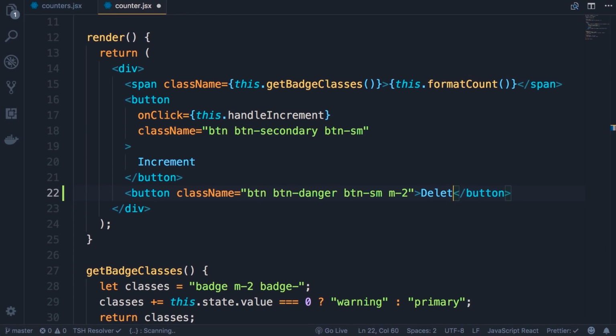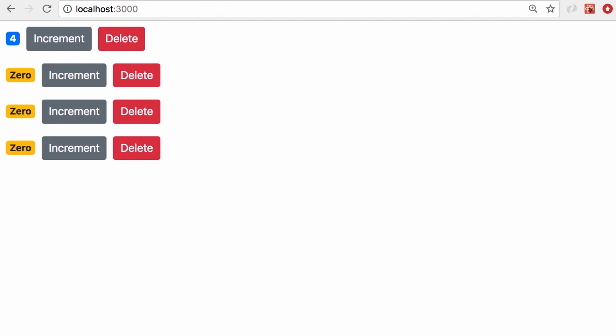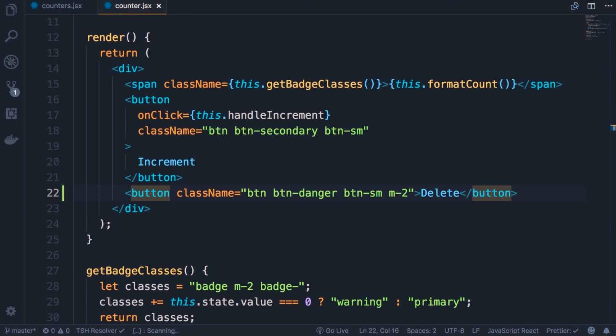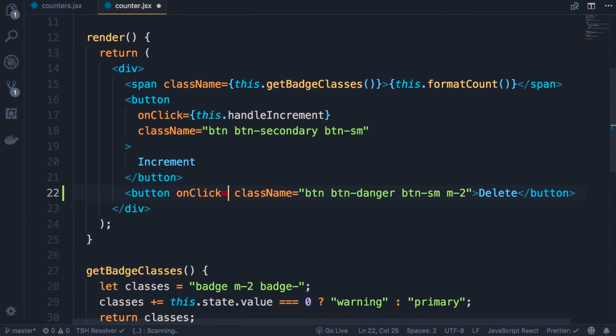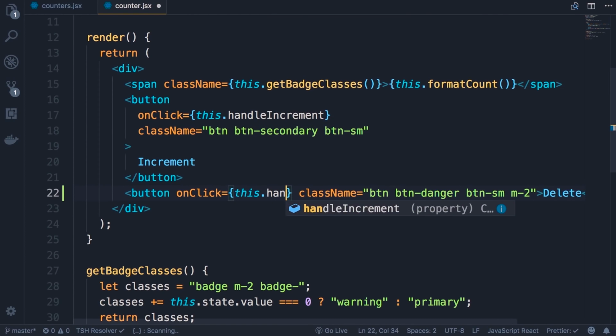btn-sm to make it small, and m-2 to add a bit of margin around this button and the increment button. Now let's type the label, delete, save the changes, back in the browser. Here's our delete button, beautiful. Now let's handle the click event. So here we want to add onClick and set it to a method in this class, like this, that handle